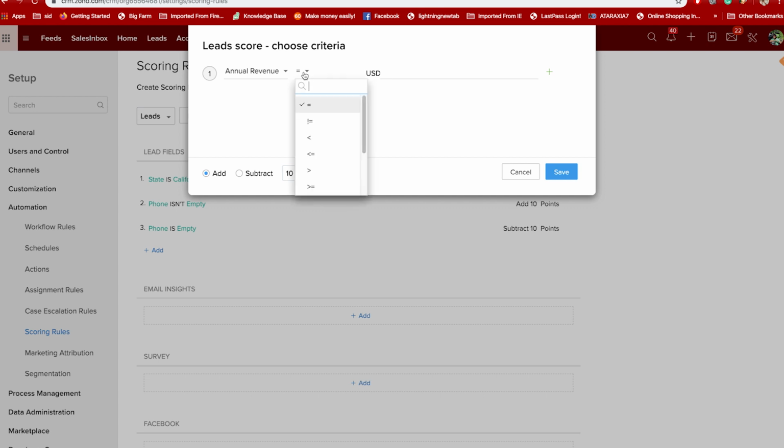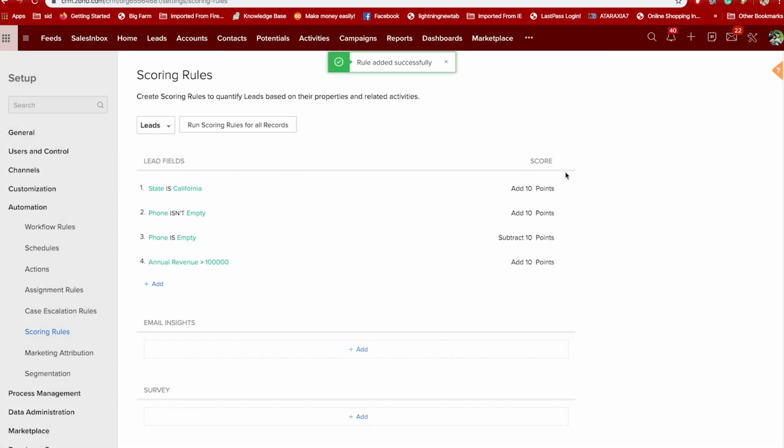So I'll prioritize my bigger leads. Add another 10 if the lead source is from a Zoho user group meetup. Do not forget to run scoring rules for all records each time you're creating a scoring rule.